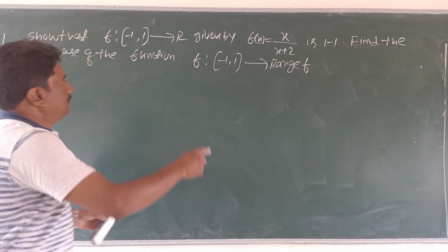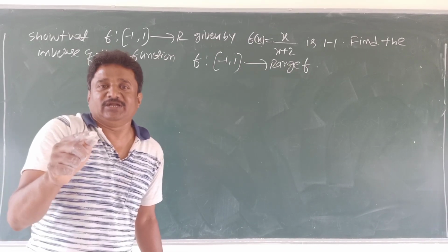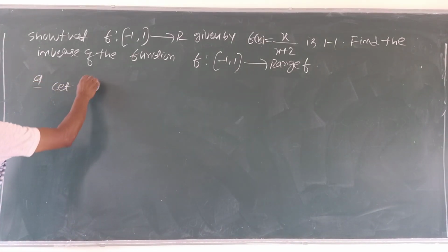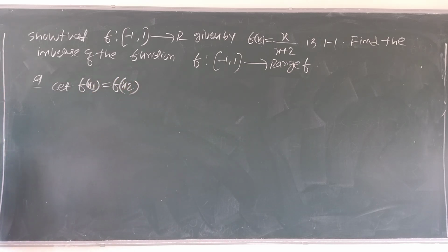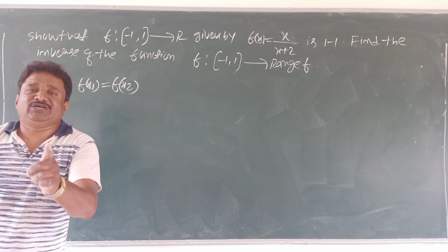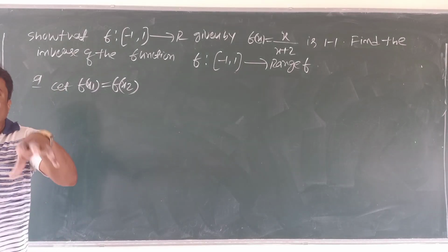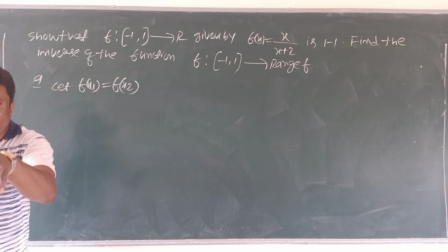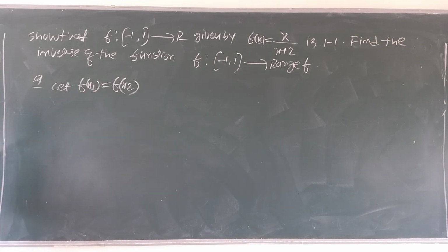Right, first one. Here it is asked to prove f is one-one. You know how to prove a function is one-one as usual. So start, students. Let f(x1) = f(x2). Whenever it is required to prove the given function is one-one, we always use this procedure. Tell me the procedure: taking f(x1) = f(x2) and proving x1 = x2. Same procedure. Let f(x1) = f(x2).